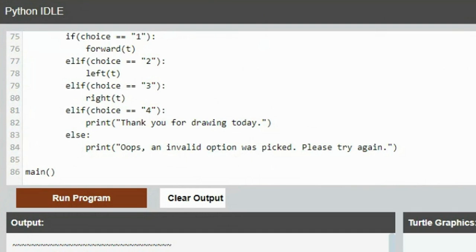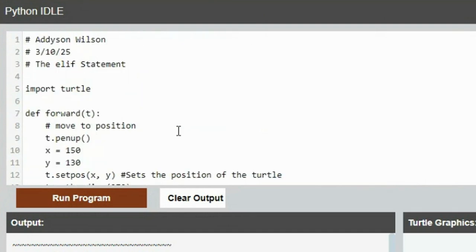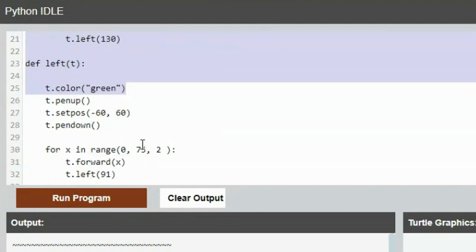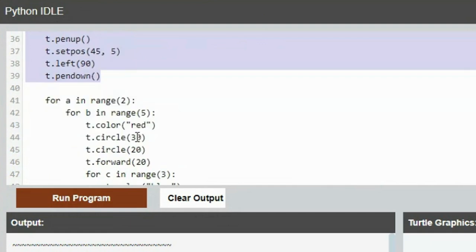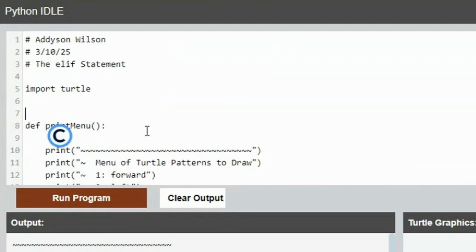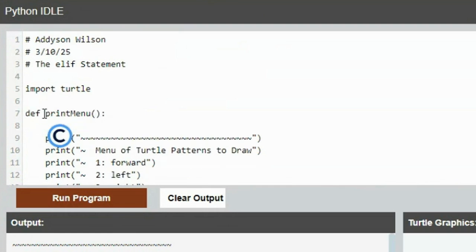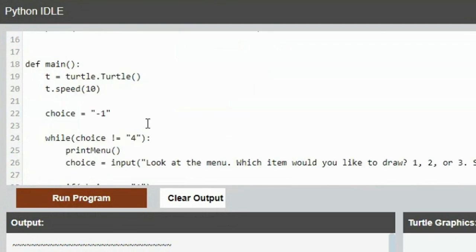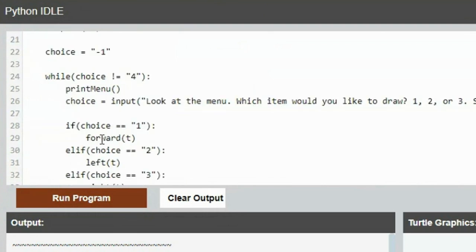If you really wanted this to be forward, left, and right, let's delete all this stuff up here. Let's get rid of this function and get rid of that function and get rid of that function. Okay, I've deleted all of that now. It's all gone. Now we just have the menu: forward, left, right, and exit. And then we just change this to be